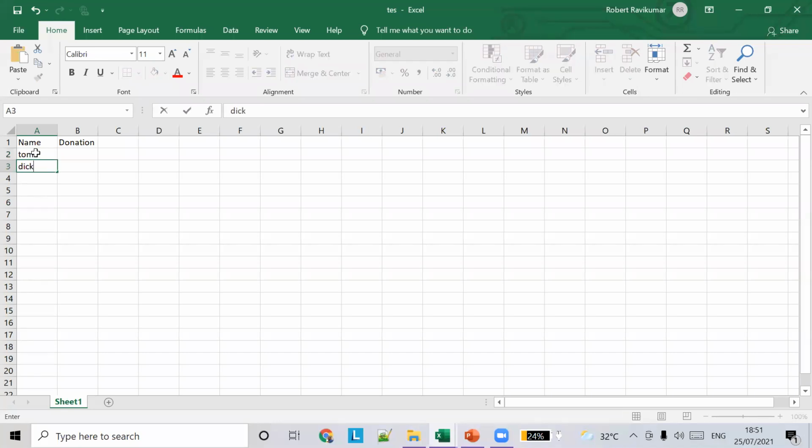So I'll fill in some random names here. I'm going to write some donation amounts.